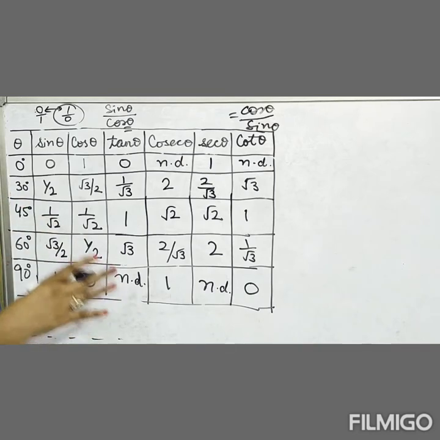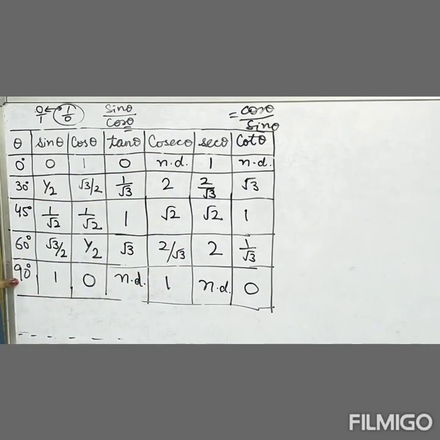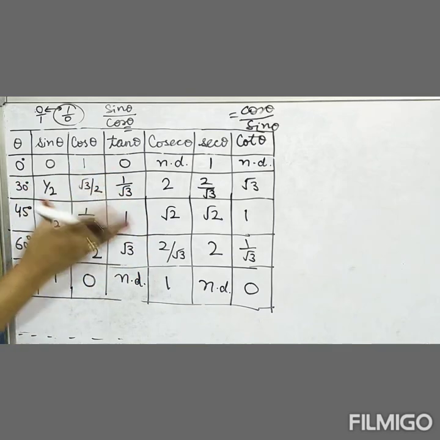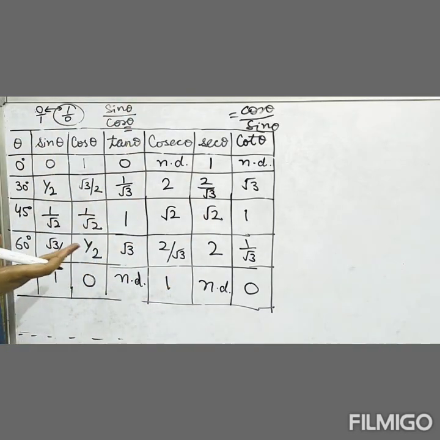In my next video, I will explain how you can get the values, especially from 30, 45 and 60 degree. So 0 degree and 90 degree, there are just the proof in wordings, so you can read that easily. But for 30, 45, 60 degree, I'll give you the derivation from where you will get the values. This is the table. I just showed you how to make this. This is just a trick. But from where these values have come, that I will discuss in my next video.